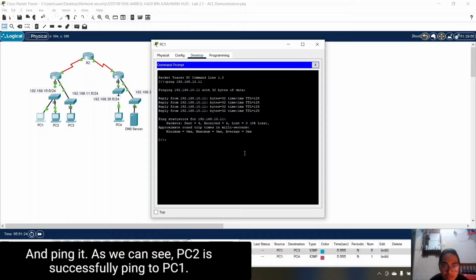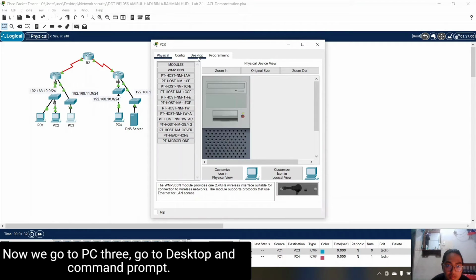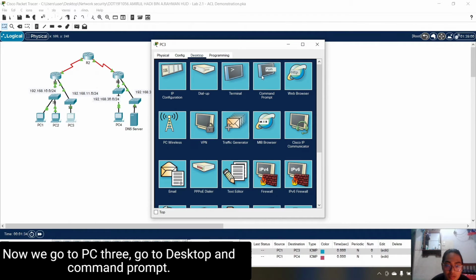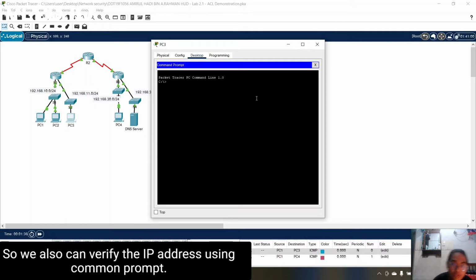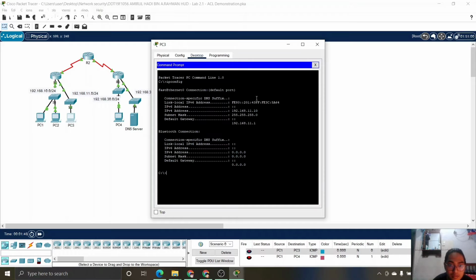As we can see, PC2 is successfully pinged to PC1. Now we go to PC3, go to desktop and command prompt. We can also verify the IP address using command prompt. The command is ipconfig. Enter.